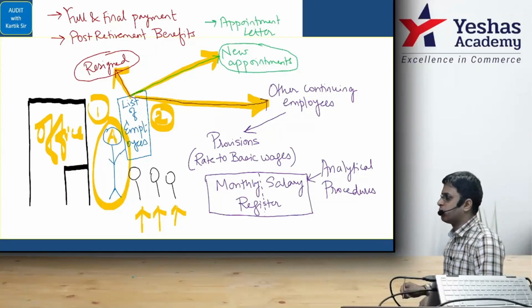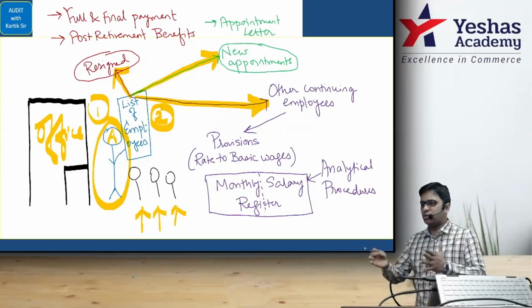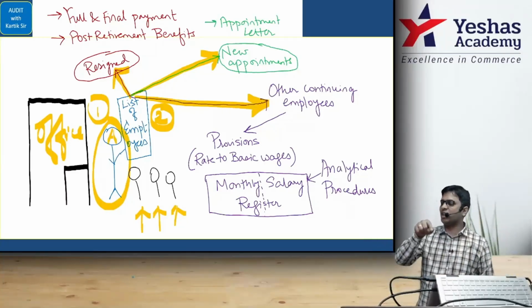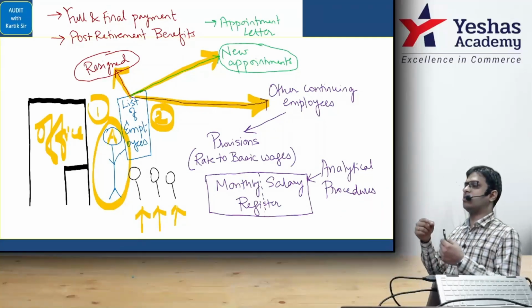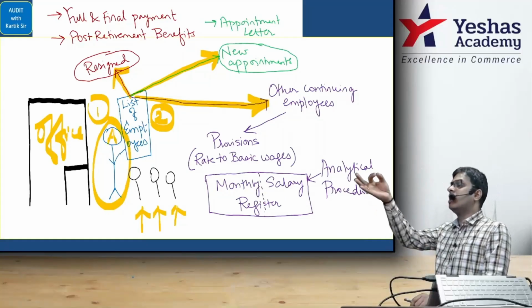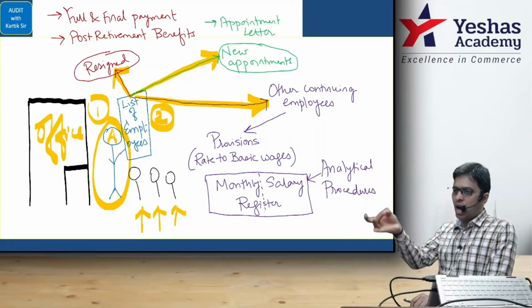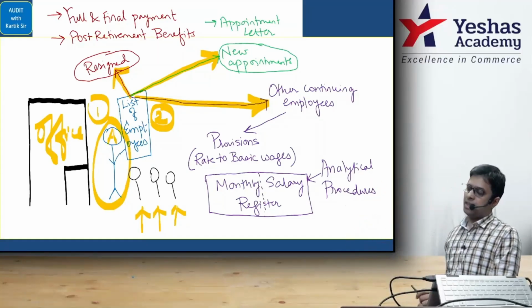And point number 2 is what? Point number 1 is what? Please tell me. Stand outside the office gate and count the number of employees when they're entering the company. Okay. Step number 2, the auditor will have the list of the employees: those who have resigned, new hires, new employees, and the continuing employees.